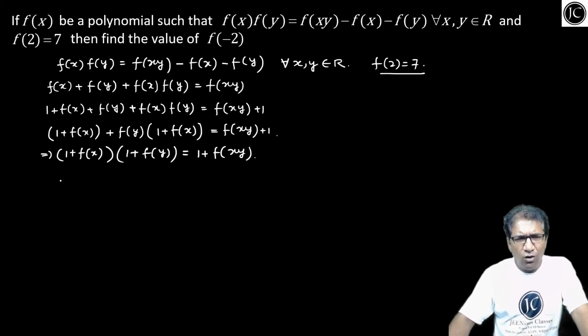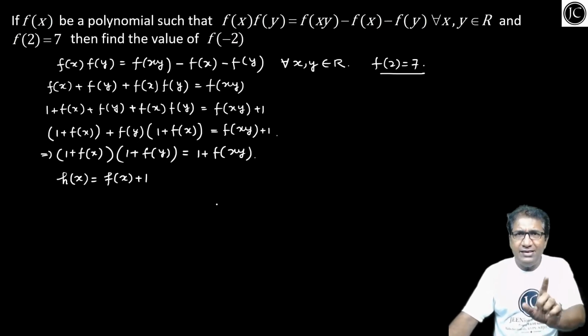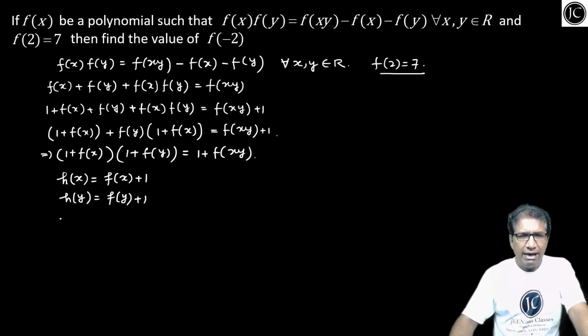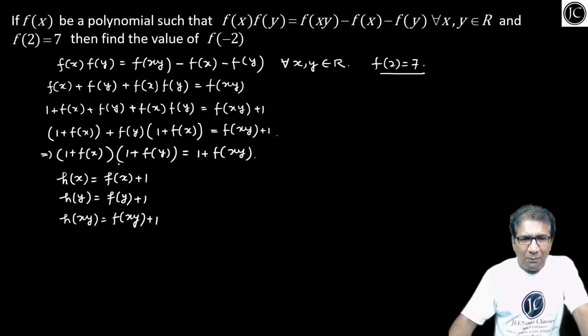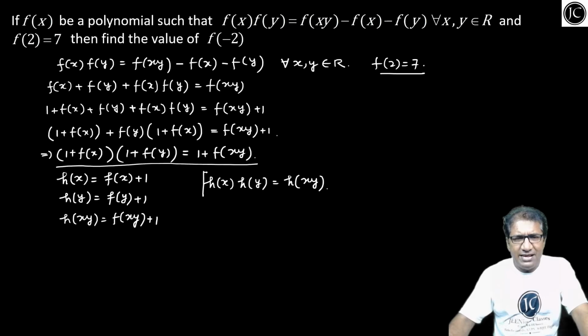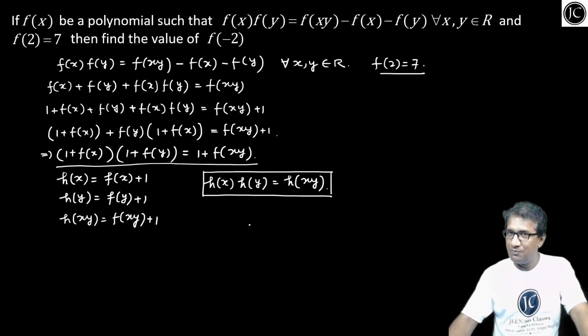Is it clear? बच्चों देखो, अगर हम hx इक्वल्स टू fx प्लस 1 लेते हैं, सो h ऑफ y कितना आएगा, f ऑफ y प्लस 1, h ऑफ xy कितना आएगा, this will be fxy प्लस 1। मतलब मेरा जो ये फंक्शनल इक्वेशन है ये अभी क्या बन रहा है, hx इंटू hy इज इक्वल्स टू h ऑफ xy। ये मेरा स्टैंडर्ड फंक्शनल इक्वेशन है।